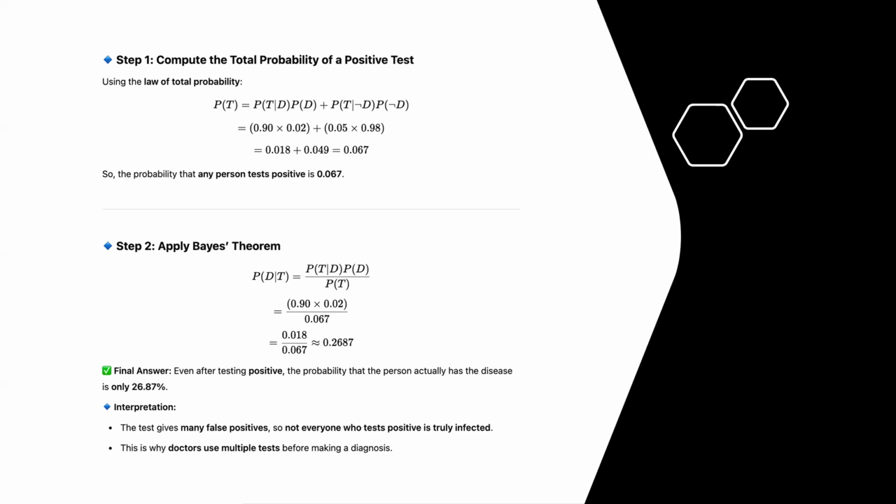The law of total probability states that if an event B can occur under multiple mutually exclusive conditions, those multiple events are A1, A2, A3, and so on. So there could be multiple mutually exclusive conditions with which this event B can occur. If we want to calculate the probability, how will we calculate that? Let's say the probability T that we want to calculate will be P of T given D, in this case it is D, multiplied by the probability of that event, that is P of D in this case, plus the probability